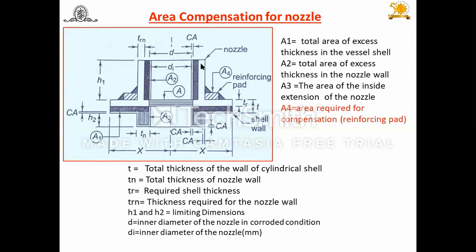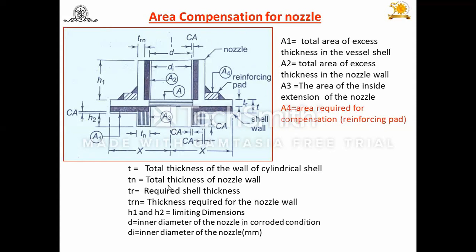Again, another important point here. Now let us understand the nomenclature used in this case. Here small t, look at this. This is the shell wall. Shell wall means cylindrical wall thickness or pressure wall thickness. And tr is used for the required shell thickness of the cylindrical shell. Now the cylindrical shell thickness plus this bottom added area, which might be given by A1 here, gives you the total thickness, that is T.